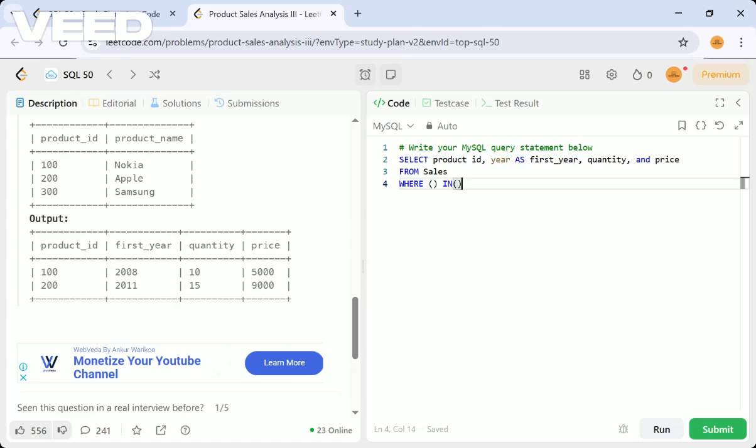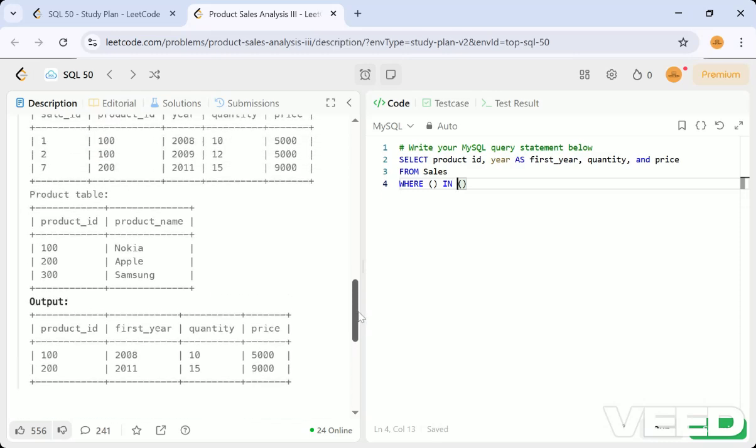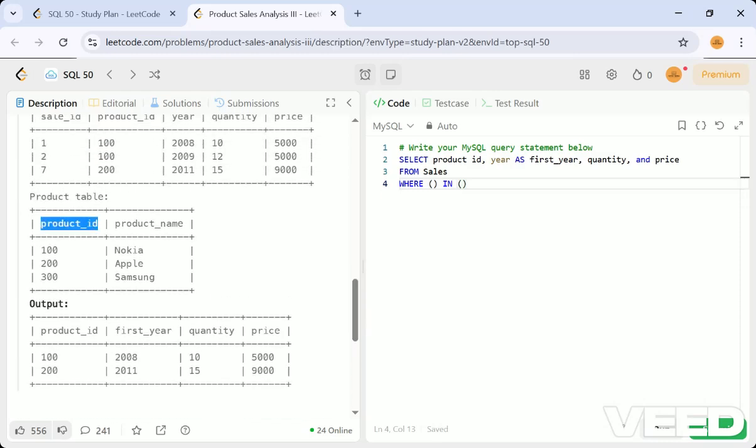For that case I'm writing an inner query. Product ID is repeated, so we have to use group by, right? So group by product ID, and with year also we want.